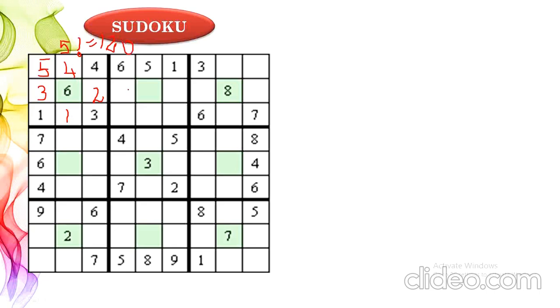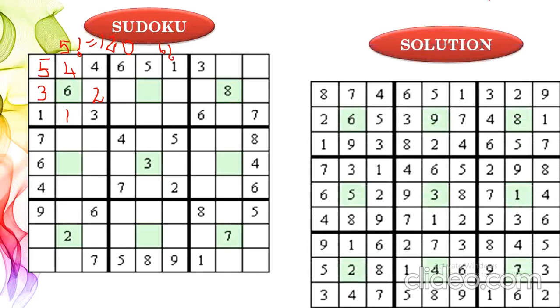In a similar way, for this box, you will have 6 factorial. This box you will have 5 factorial. Likewise it goes. To reach the solution, it will take exponential time. It will not come under polynomial time. That's why Sudoku problem is in NP category. And one more important fact is, if I give the solution for the Sudoku problem, we can easily verify the solution within polynomial time. That's why this comes under NP category.